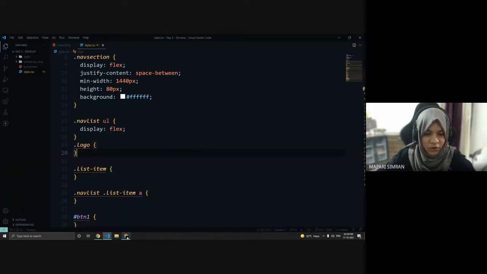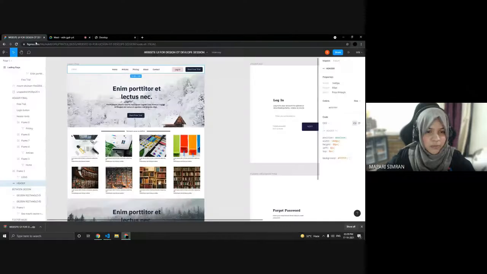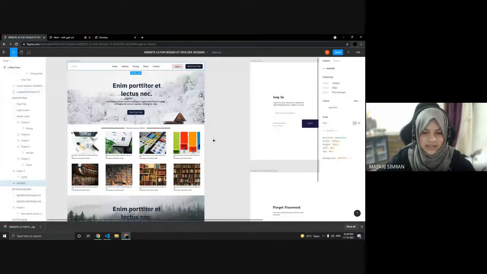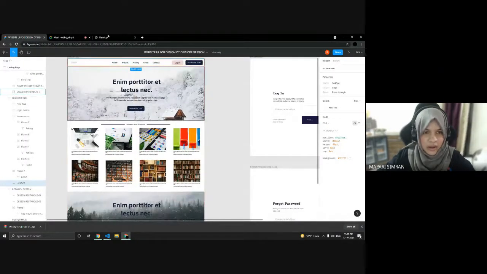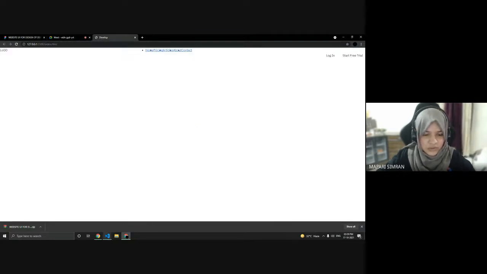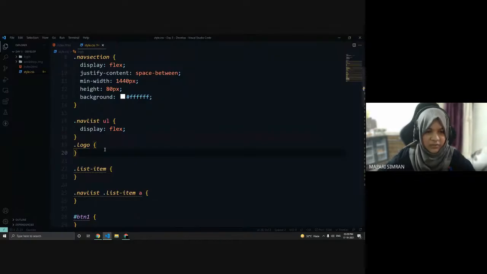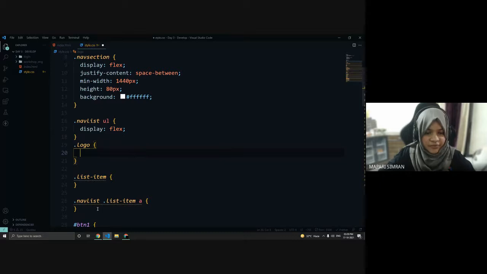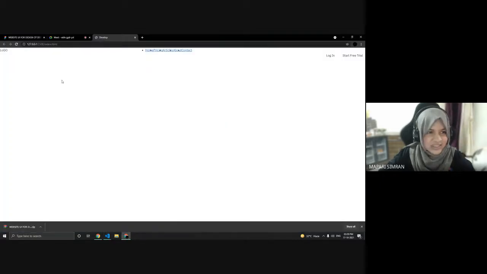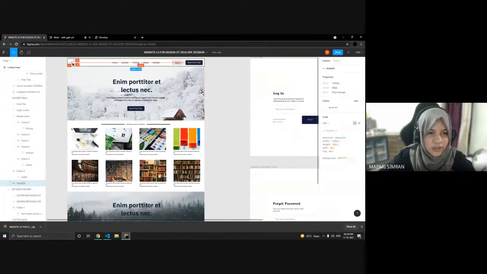I'll just show you first this much properly by coding, and the rest we can check afterwards at a fast pace. Okay. Now we'll do this so that you can understand properly, and if you have queries you can ask. Okay. Now for the logo, first let's copy paste what we can get about it from here.